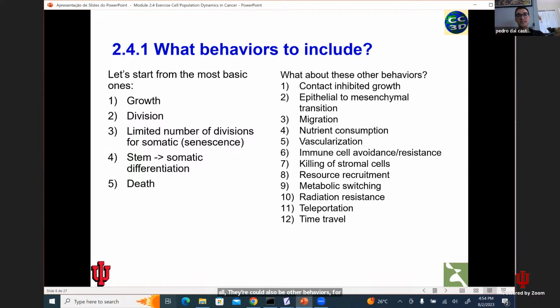For example, contact inhibited growth that Gilberto taught today, epithelial to mesenchymal transition, to begin metastasis, for example, migration to model metastasis, nutrient consumption, and these behaviors would add extra layers of complexity to the simulation. And we only add each of these behaviors if we want to answer a specific question that relates these kinds of behaviors. For example,